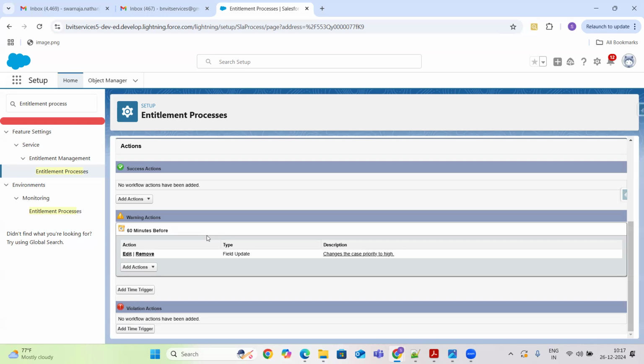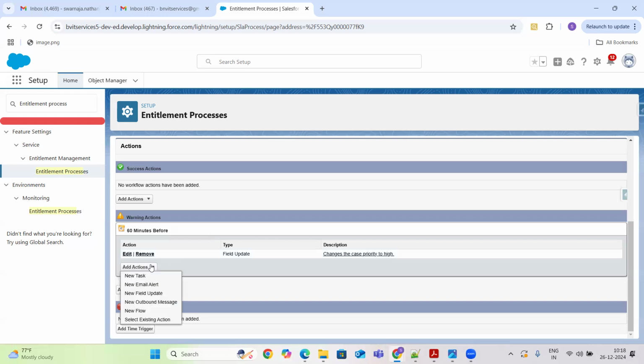In that case, you may want to send a warning message to the owner of the case saying that you are going to violate this and there is less time for you to take action. Such kind of actions we can configure under the warning actions.